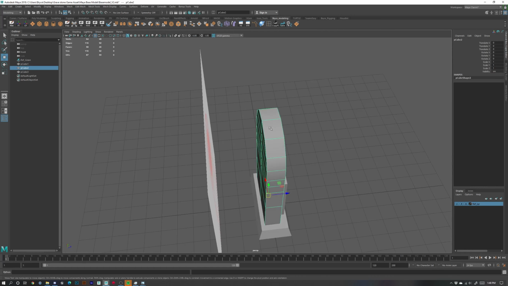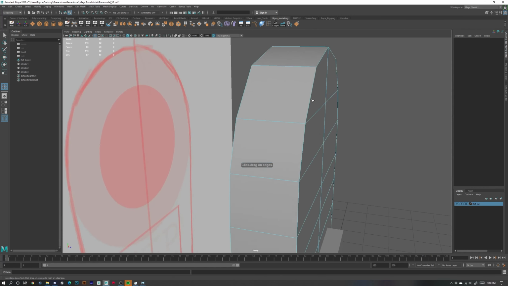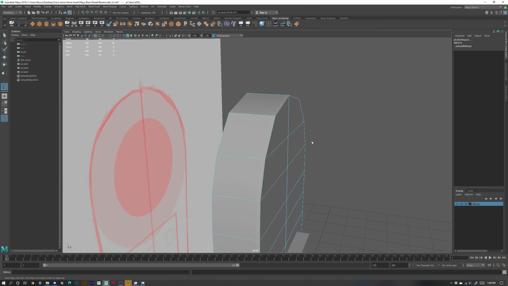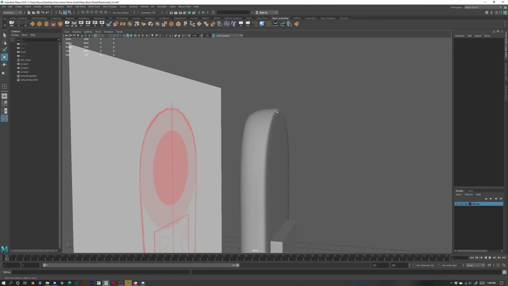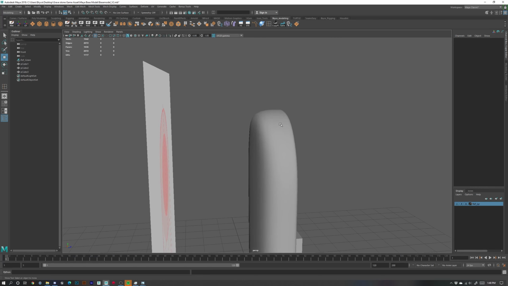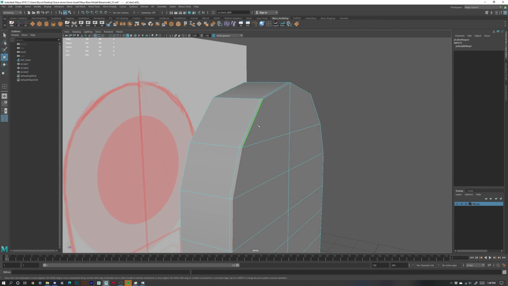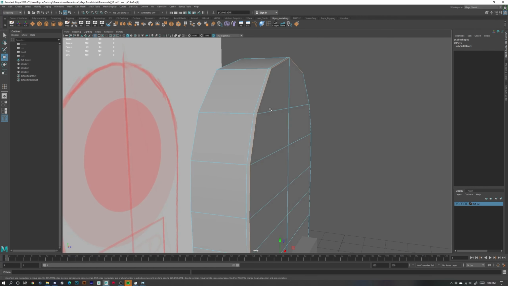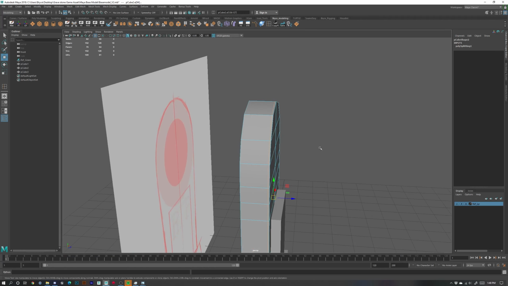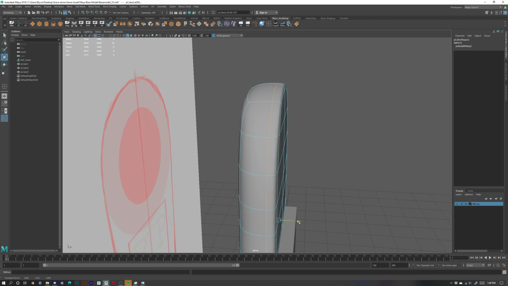So what I'm going to do to showcase this is use my insert edge loop tool. You can see how this is being held sharper than this one. Essentially, for this edge loop that runs on our corner, you want an edge on either side of it to control how sharp or how soft that is. So if I just double click this and hit the 3 key and move it, you can see how we can play with the sharpness of the curve. So if I bring it really close,